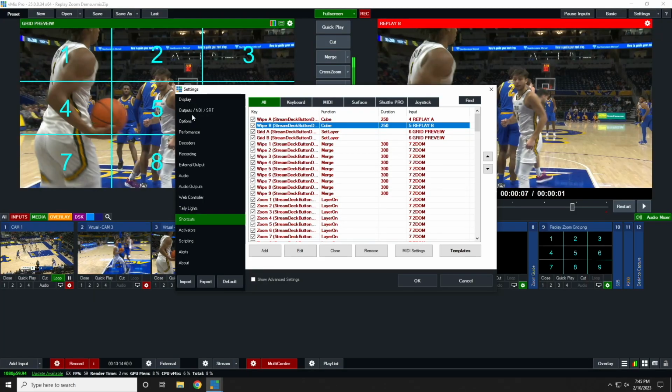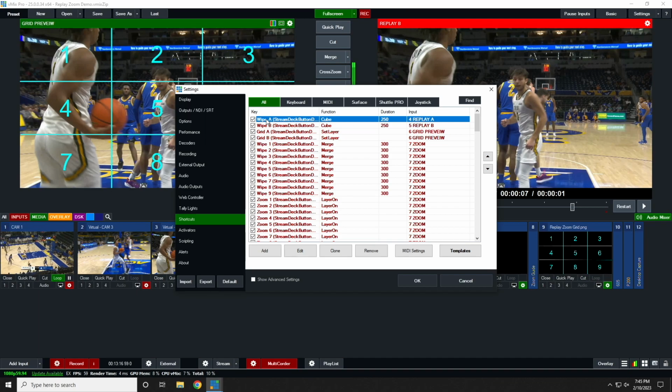So we're going to kind of be a little more complex, because we could do this a little more simply if we had some sort of macro recording and could assign multiple events under one shortcut. But now we're having to create multiple shortcuts. Follow? Yeah. All right, so replay wipe A is tied to grid A, and replay wipe B is tied to